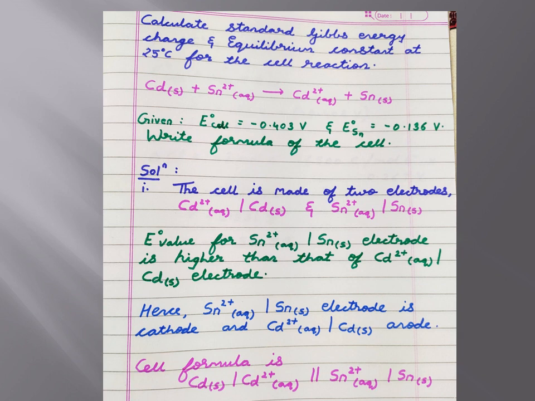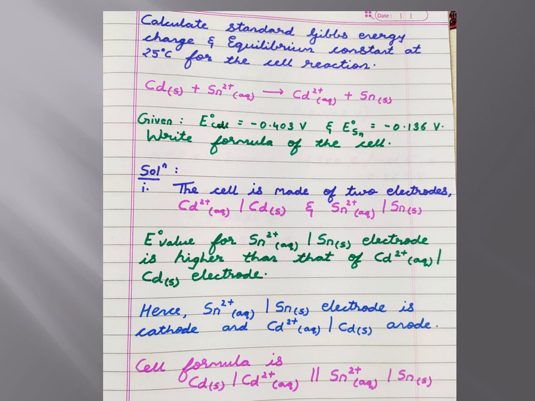Students, this type of numerical is based upon standard Gibbs energy change and equilibrium constant calculation. I am reading the numerical, please pay attention. Calculate standard Gibbs energy change and equilibrium constant at 25 degrees Celsius for the cell reaction Cd plus Sn2+ gives Cd2+ plus Sn. Given are the standard potential of the electrode, that is E0 Cd is minus 0.403 volt and